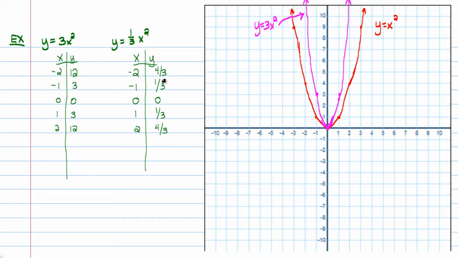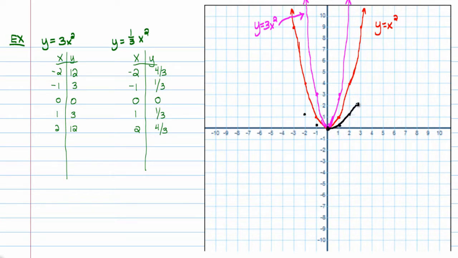And so on and so forth. And when I plot these points, and let's see, I've used red and purple, so let's use black. We'll just use regular old black for this final curve, y equals 1/3 x squared. It goes through 0, 0, just like the other ones. When x is 1 or -1, it's at a height of 1/3. So that might be right about there. And when x is 2 or -2, the height is 4/3, which might be about here. Remember, 4/3 is 1 1/3. So if I were to connect those points up,